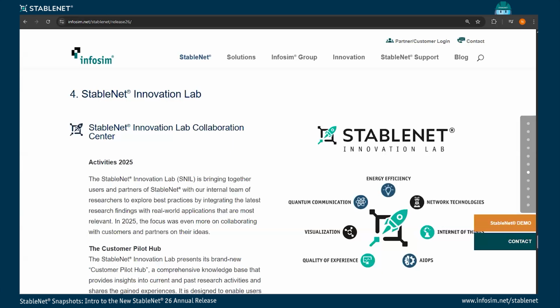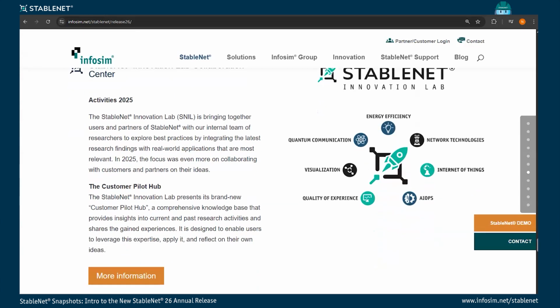So let me close this quick snapshot presentation with some updates about the StableNet Innovation Lab. The StableNet Innovation Lab, or its collaboration center, is bringing users and partners together with InfoSim researchers, as you might already know, in order to bridge research and real-world use cases. And the cooperations are going quite well, for sure. But we would now like to intensify and extend the cooperations and collaborations, which leads me to the new topic,